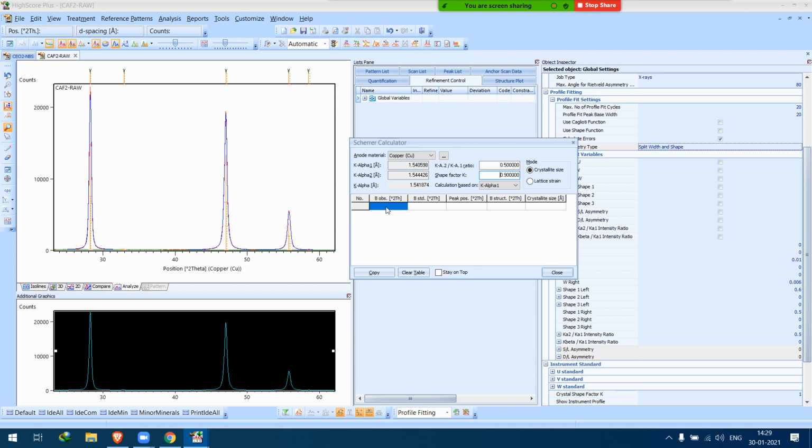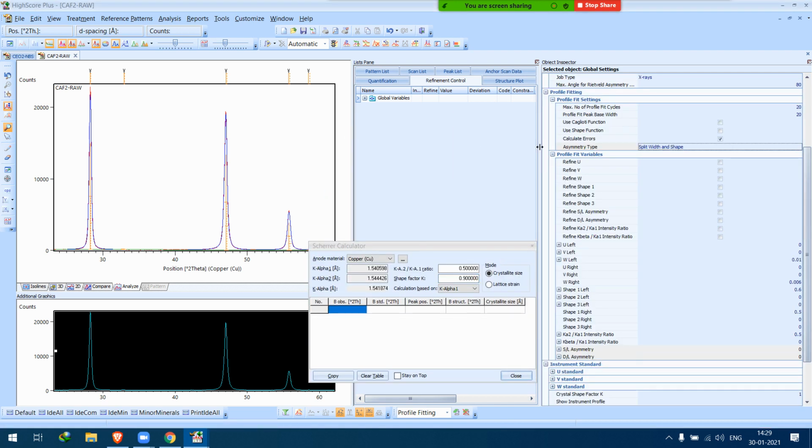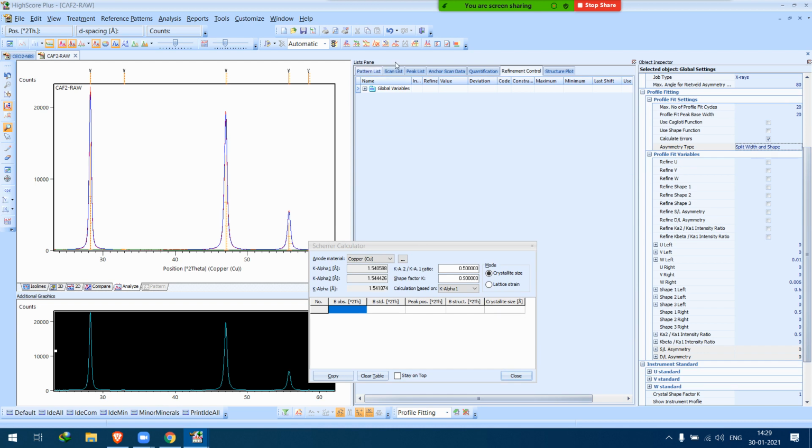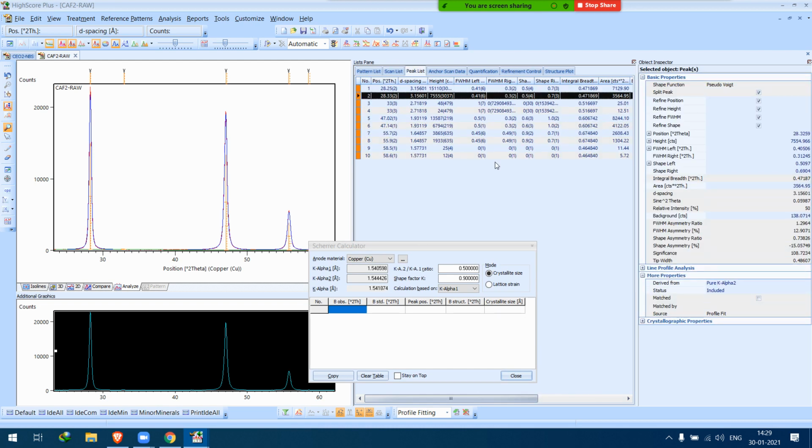Let me show you in the peak list. This broadening can be calculated as FWHM, or it can be reported in terms of integral breadth. If you are considering FWHM, you have a different shape factor, and if you are considering integral breadth, you have a different shape factor.